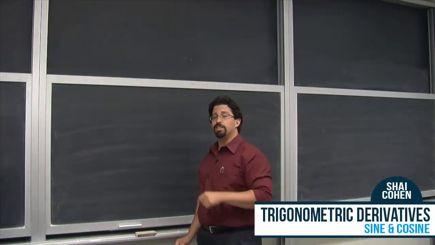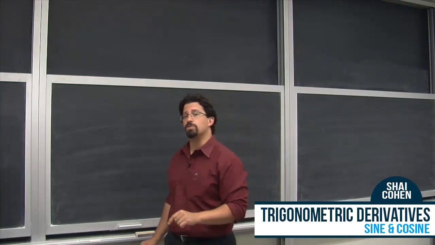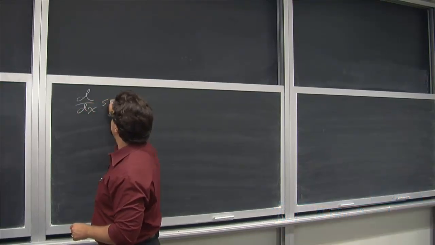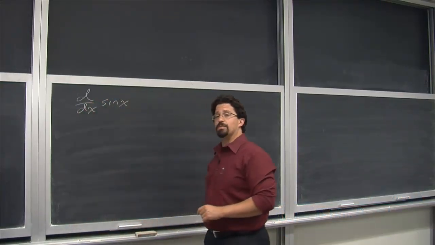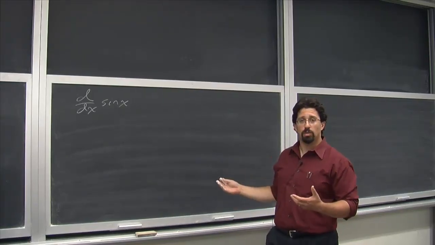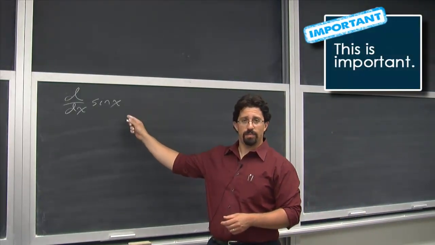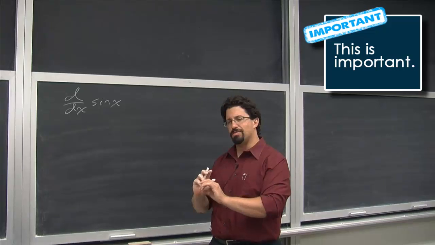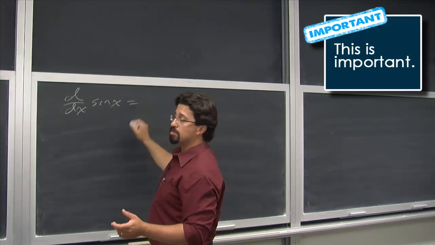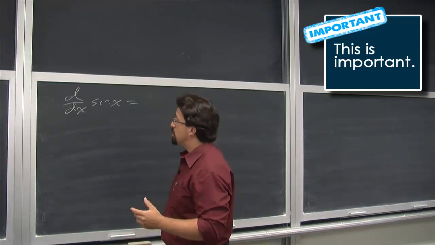Now that we have some trigonometric limits, we can try to take the derivatives of trigonometric functions. So if I wanted to, I can try to find the derivative of sine of x. And since I know nothing about what it might look like, the only thing that I can do is apply the limit definition, right? Whenever there is nothing else that we can do, we go back to the definition. If there is anything else that we can do, we try to avoid going back to the definition unless it